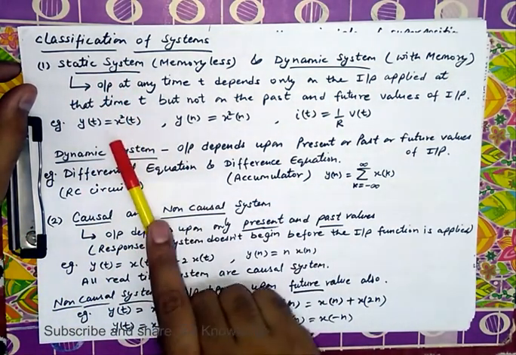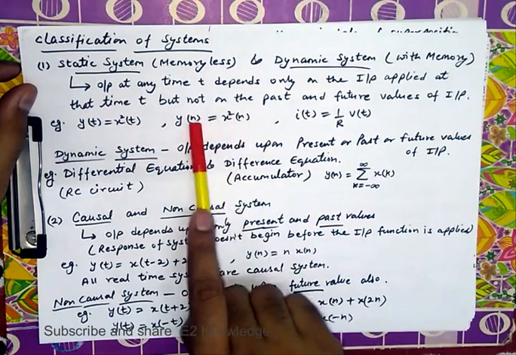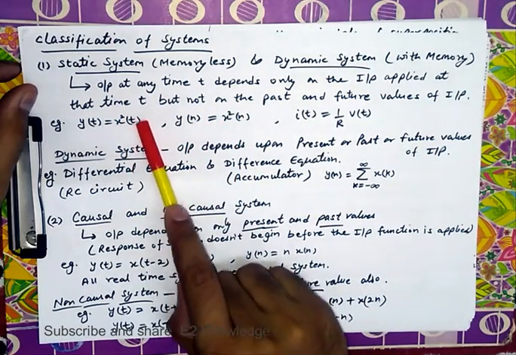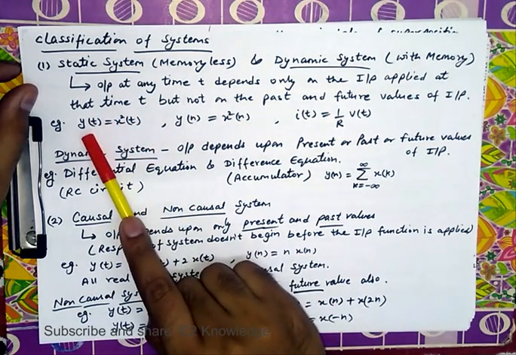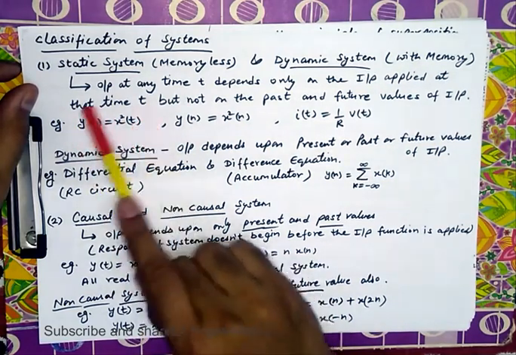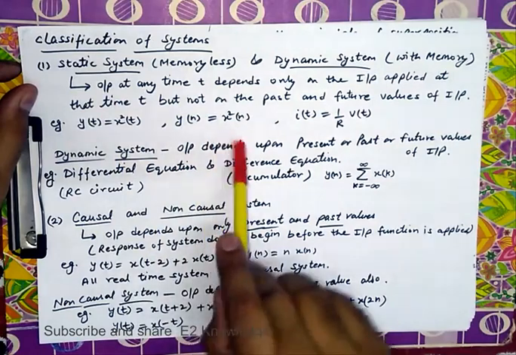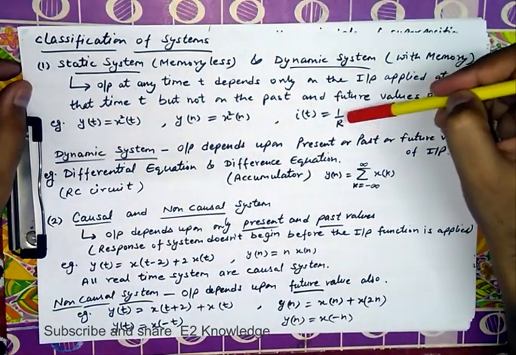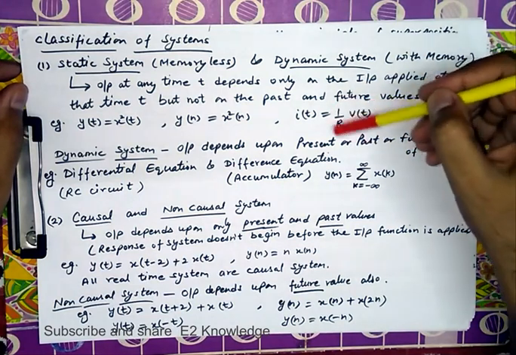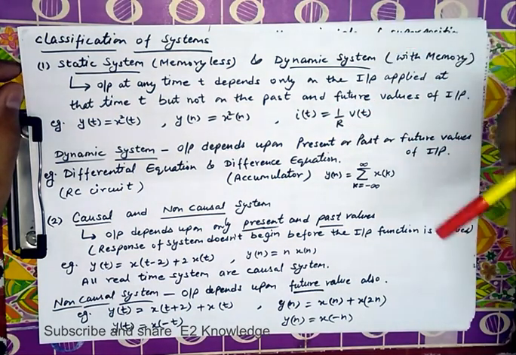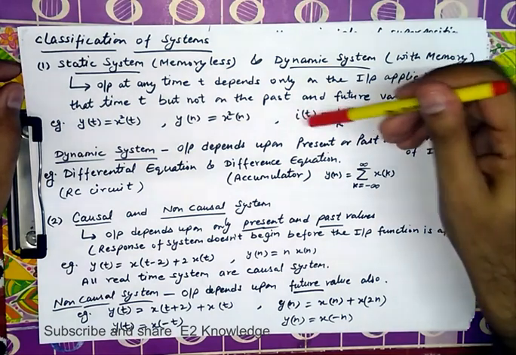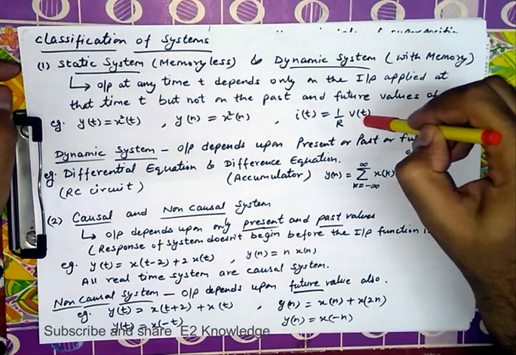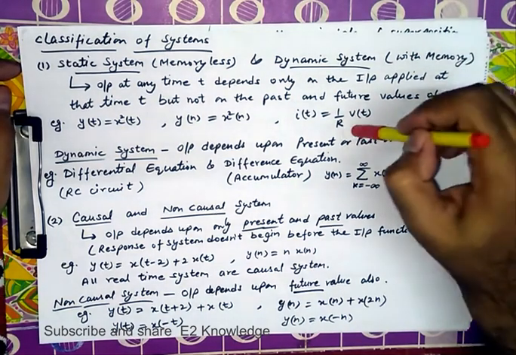For example, x square t, or x square n in the discrete domain: the output at time t depends upon the input at time t, or at time n in discrete time. Or in a practical case, current flowing through a physical resistor is an example of a static system. Then current through a resistor or voltage measured across a resistor, both are examples of